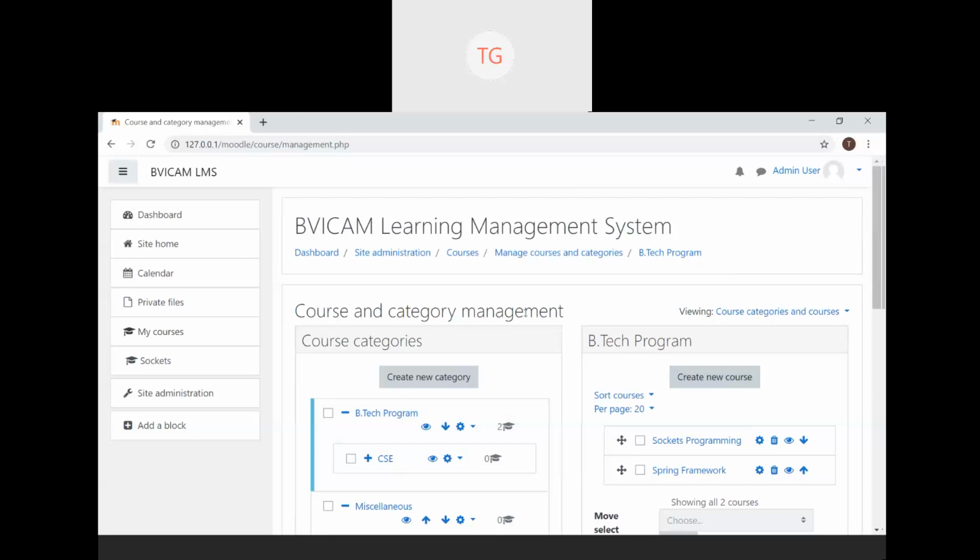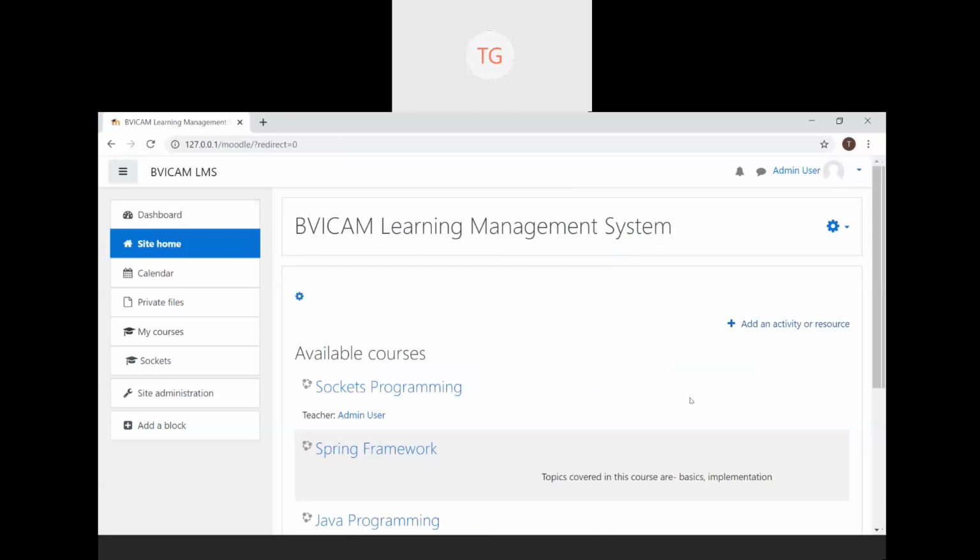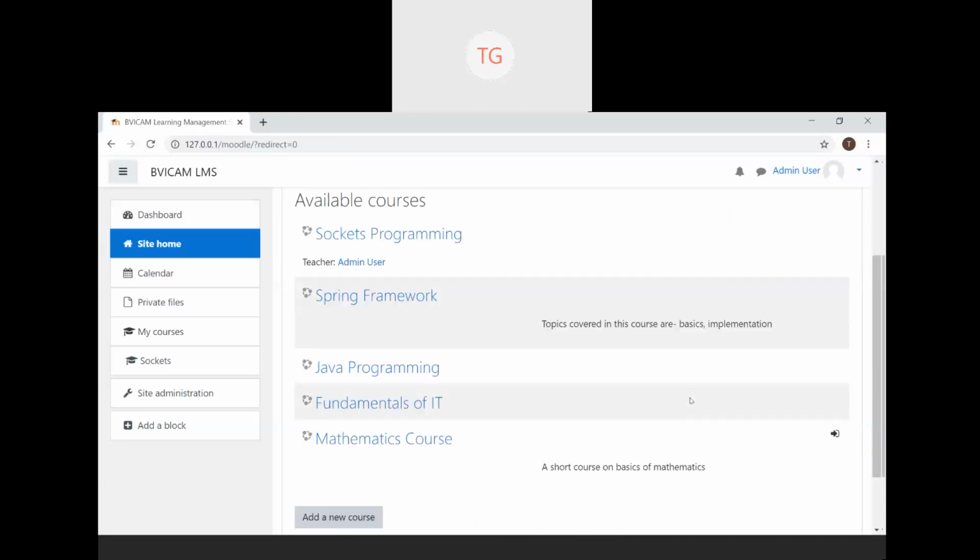And if you see a course, then click on Site Home, this option here in the left panel where my mouse is. Click on Site Home. Right?